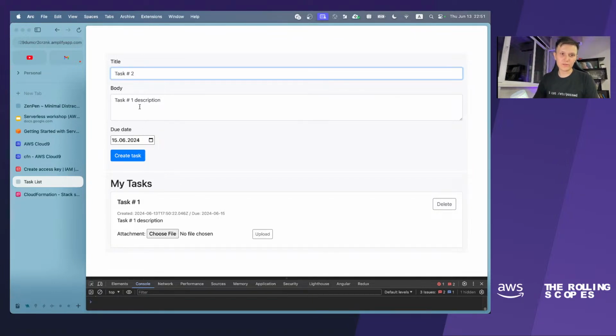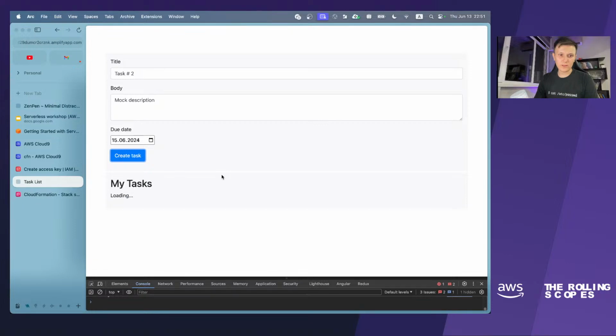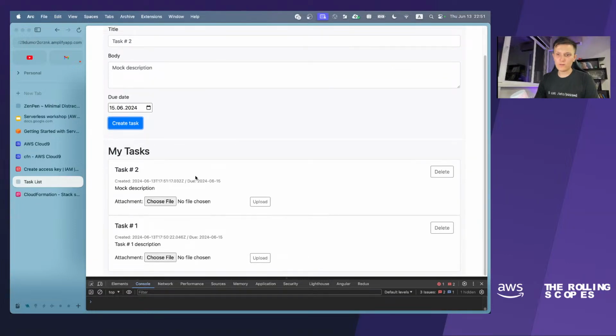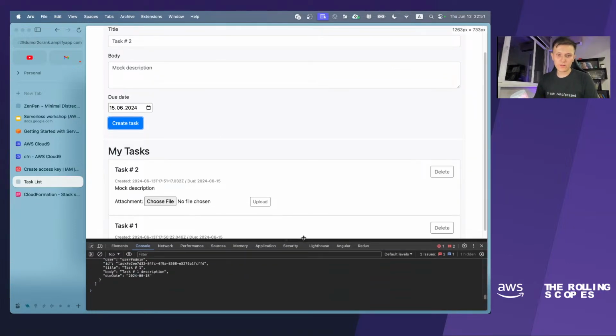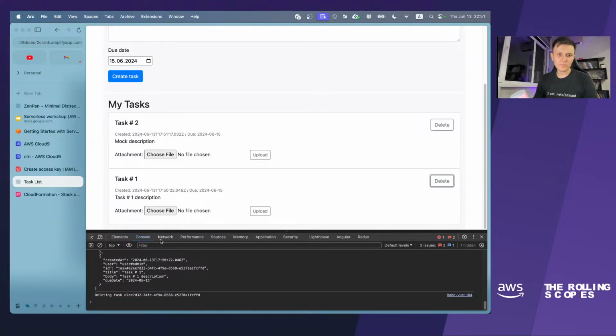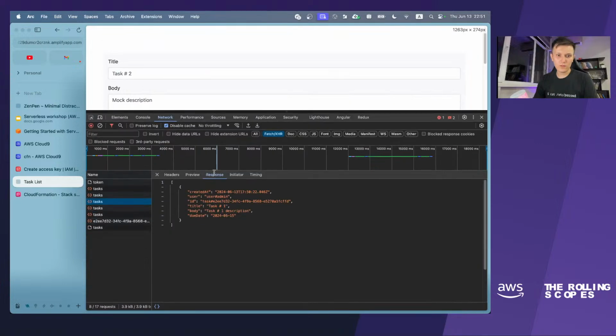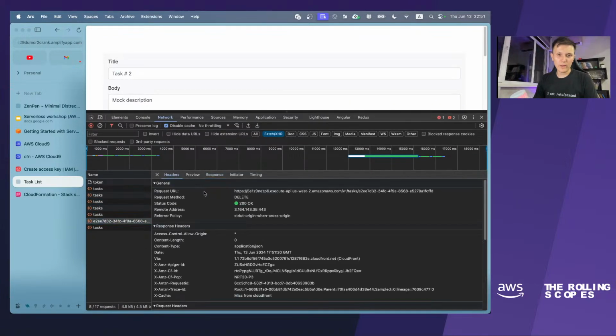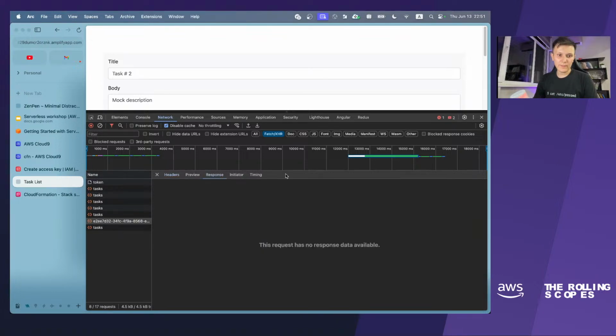Task number 2. Mock description. And let's see. It also has been created. And let's check. Can we remove any task from this panel using the delete button? We have sent a delete request to this resource, and no response here.